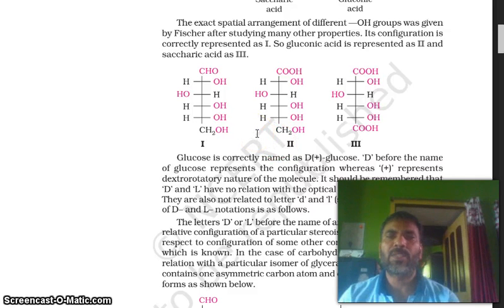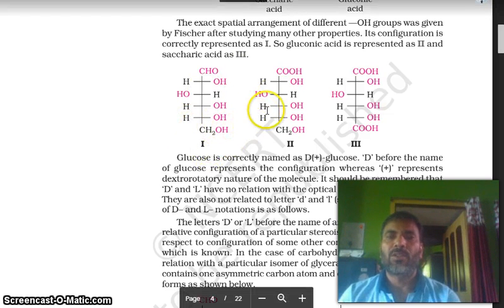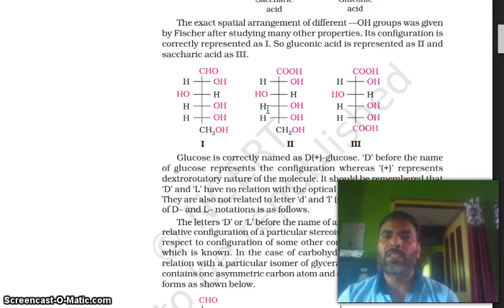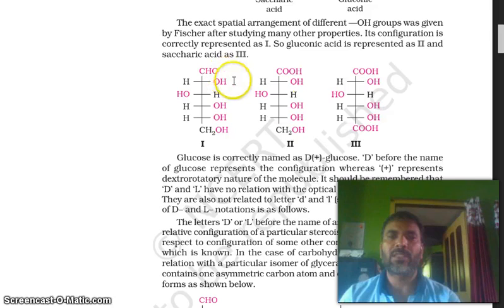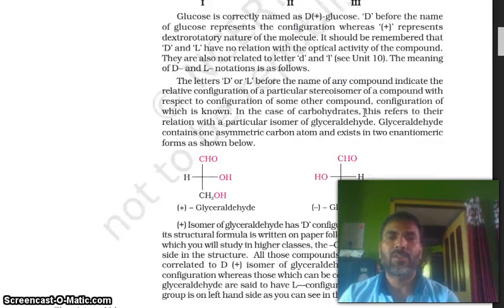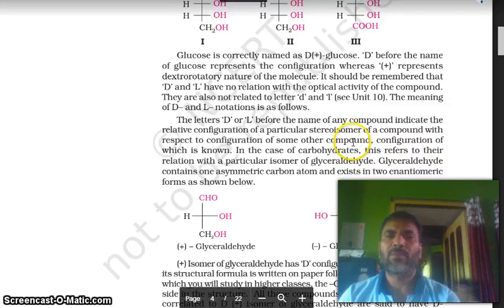The exact spatial arrangement of the different OH groups was given by Fischer after studying many other properties. Its configuration is correctly represented as 1, and gluconic acid is represented as 2nd and saccharic acid as 3rd. This is the representation. So glucose is correctly named as